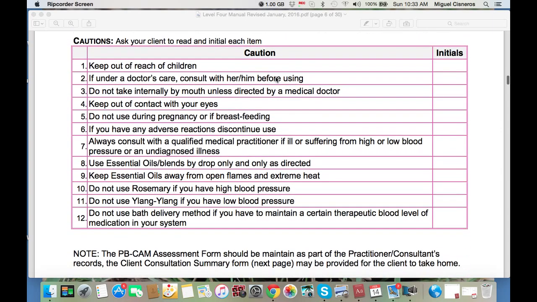Then we have cautions. They read it and they initial it. We want to make sure that they acknowledge that they are informed on the cautions of using essential oils. Keep out of reach of children, and they initial it. If under doctor's care, consult with him or her before using, and they initial it. Do not take internally by mouth unless directed by a medical doctor. Now, this is an issue that is being discussed right now,